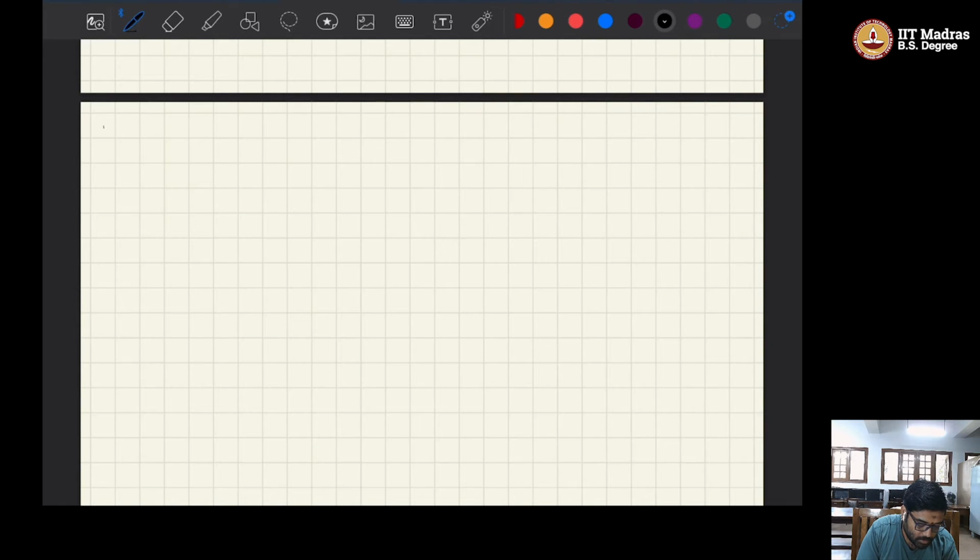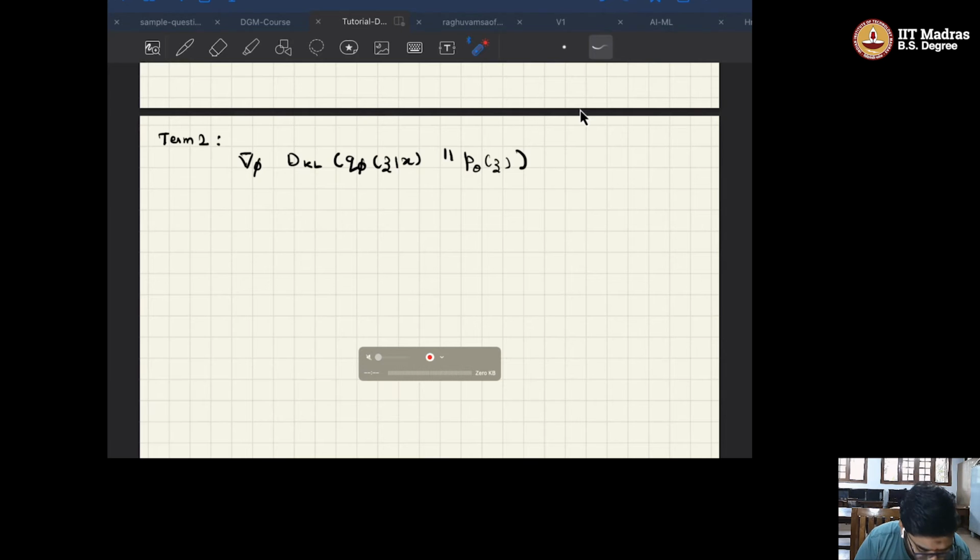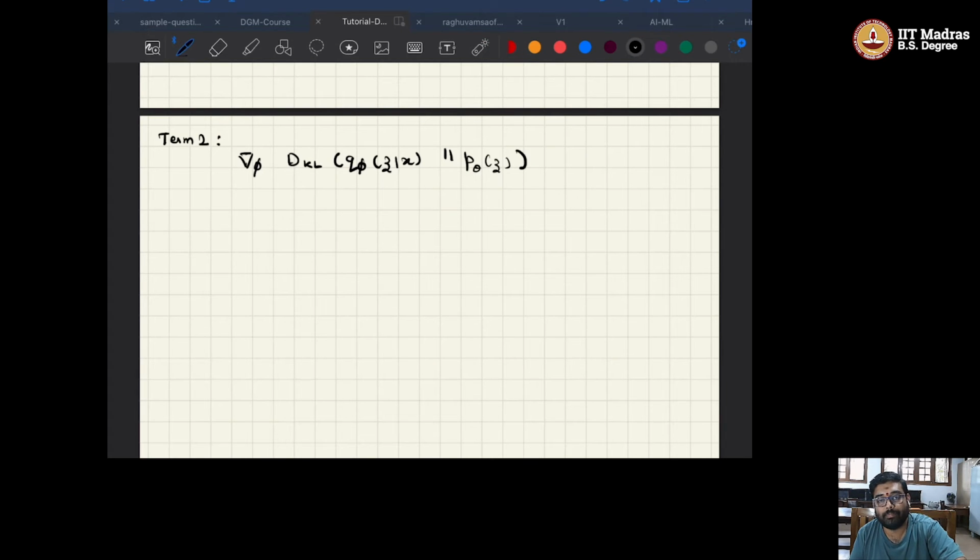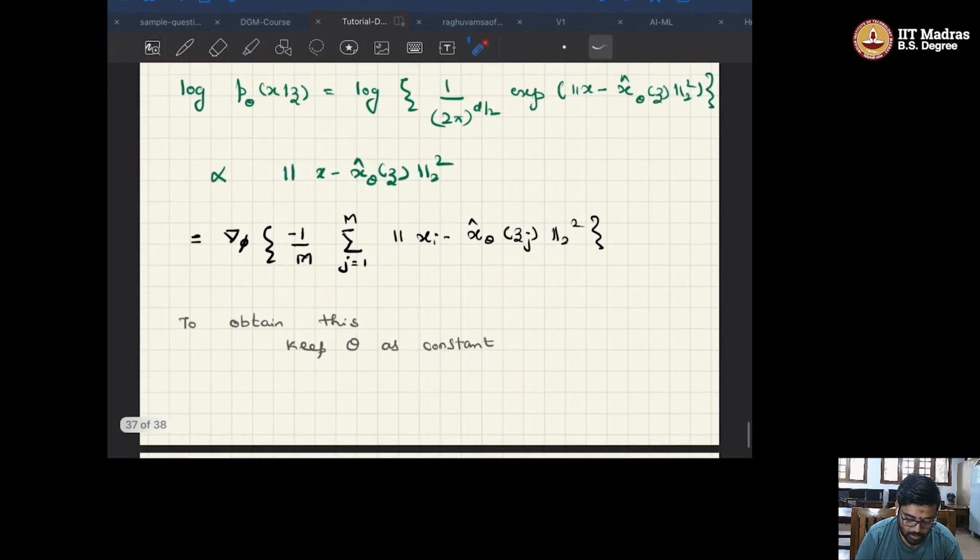So let's take term 2, which is dKL of Q phi of Z given X and P theta of Z. The term 2 that we have is the KL divergence between two distributions. So now, if you remember, we are restricting this to be a Gaussian, okay, and then